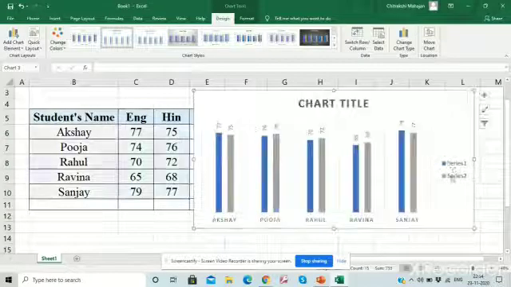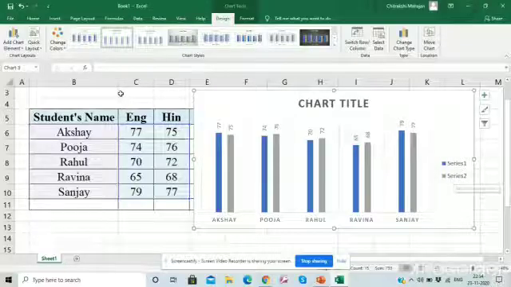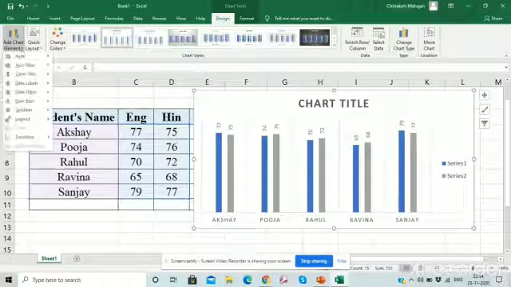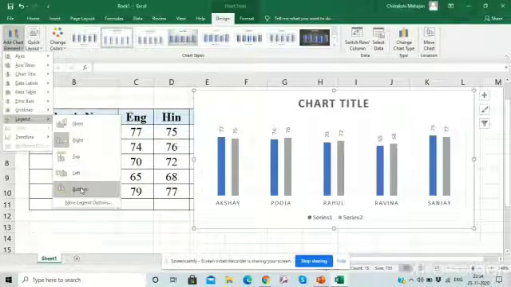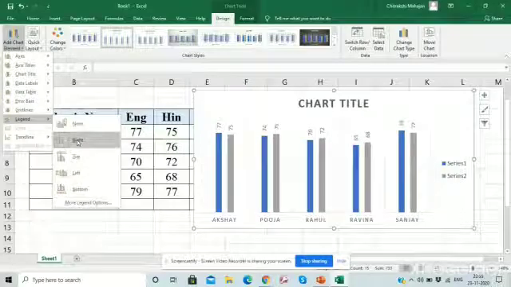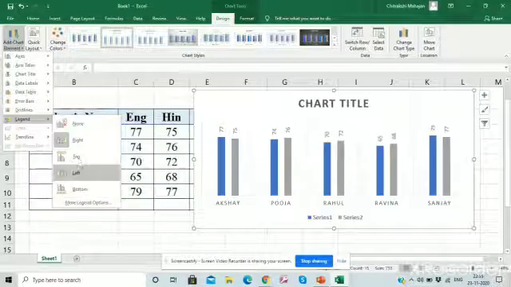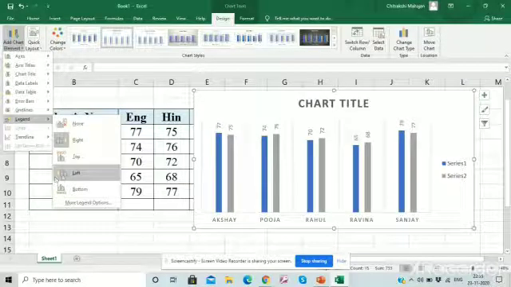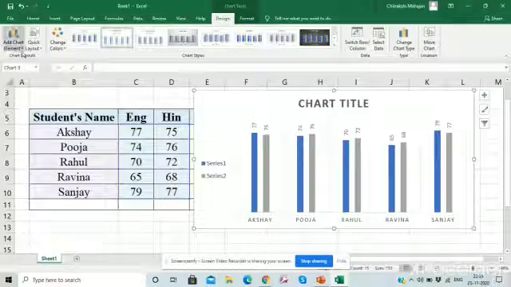Our legends, these Series 1 and Series 2 in which we are taking marks, come on the right side. If I put the legends at the bottom, they will come below, and at the top they were by default. And if we don't need them, we can remove them also. Okay, on the left side, I have taken it to the left side.